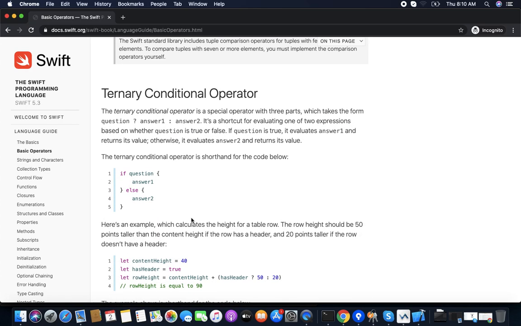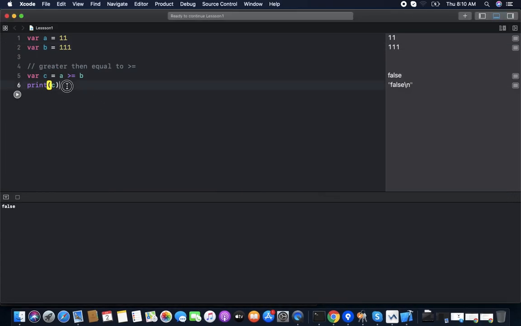Now we have the ternary conditional operator. If we check the values and do not want a bool, but want to assign some value, like if we check greater than or equal to for a and b and want to return some c as a string. So if the condition is true, then we return, say, condition match.